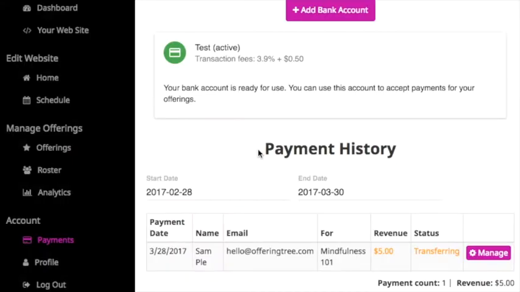This video will explain how you can begin to accept payments as part of any offering that you schedule. The first step is to set up a bank account where you wish to receive payments from your offerings. If you need help in doing this, please see the Add Banking Account help page listed in our OfferingTree help